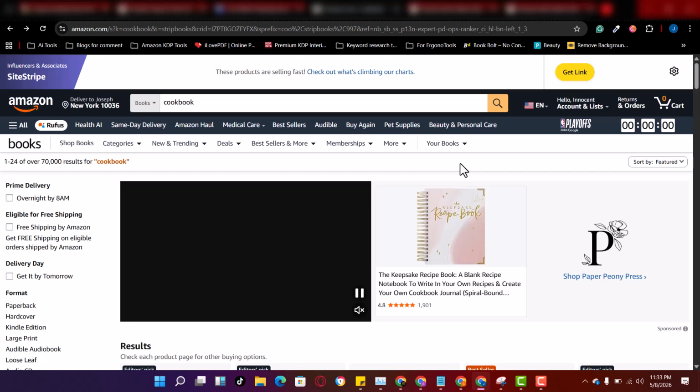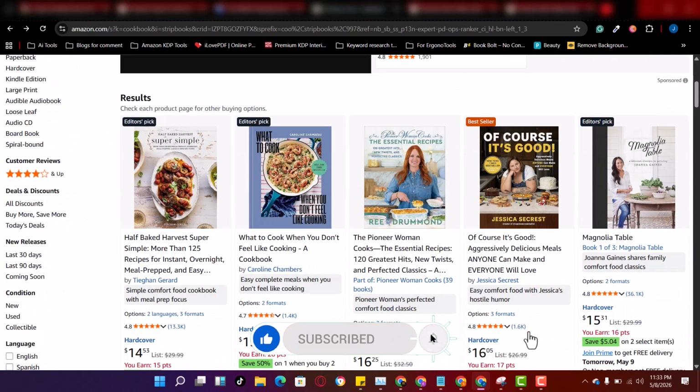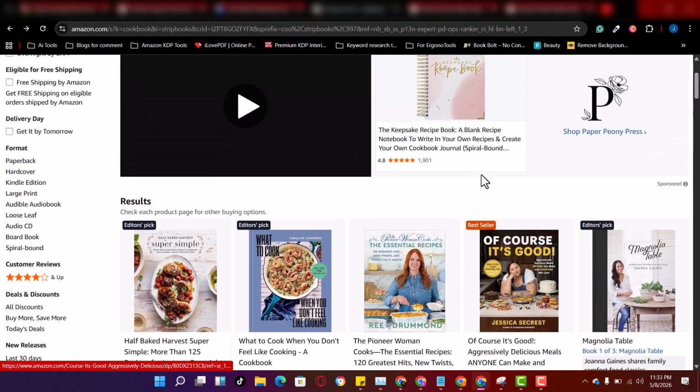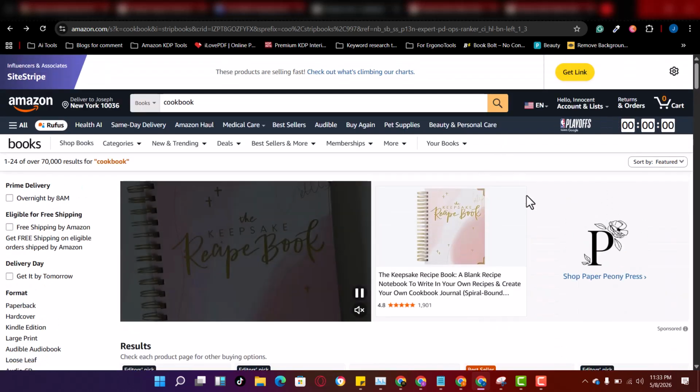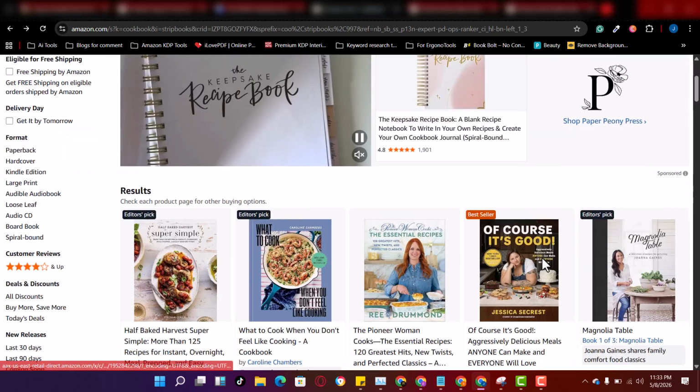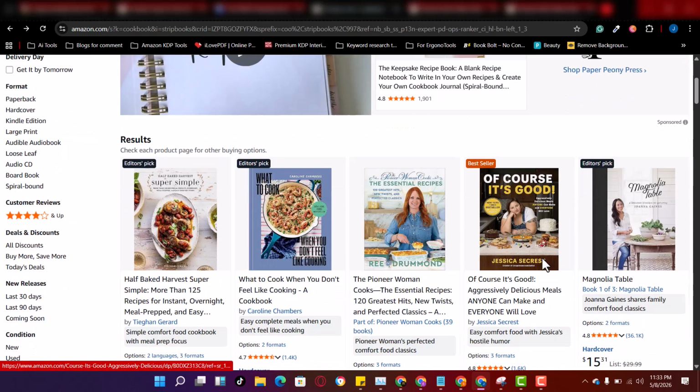They are all low content because they have few content, few write-ups on them. Then no content books are just your notebooks. There are people who just design notebooks and print them and send them on Amazon, and those books are making sales on Amazon. You understand? So that is all the things that you need to know about how these books are.